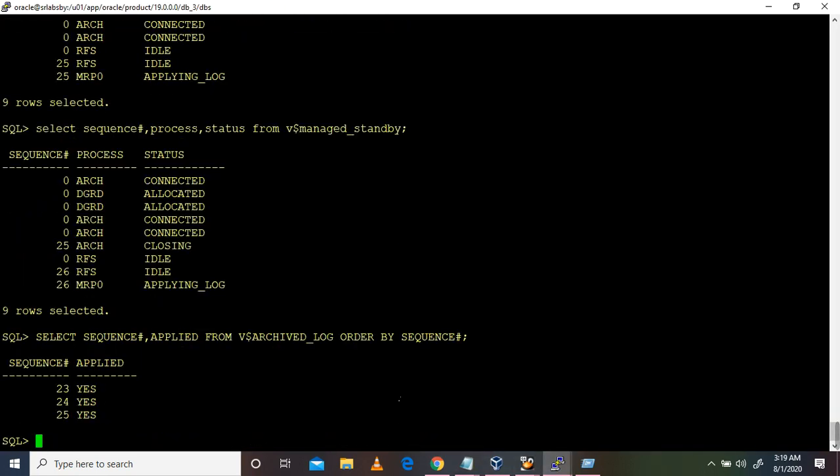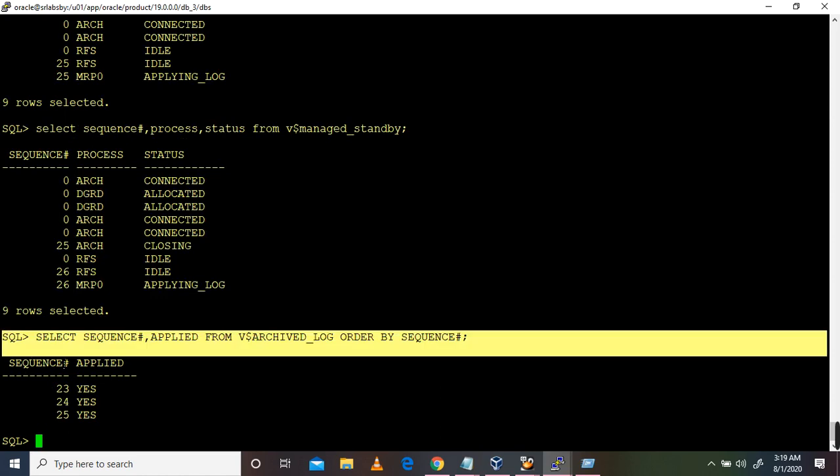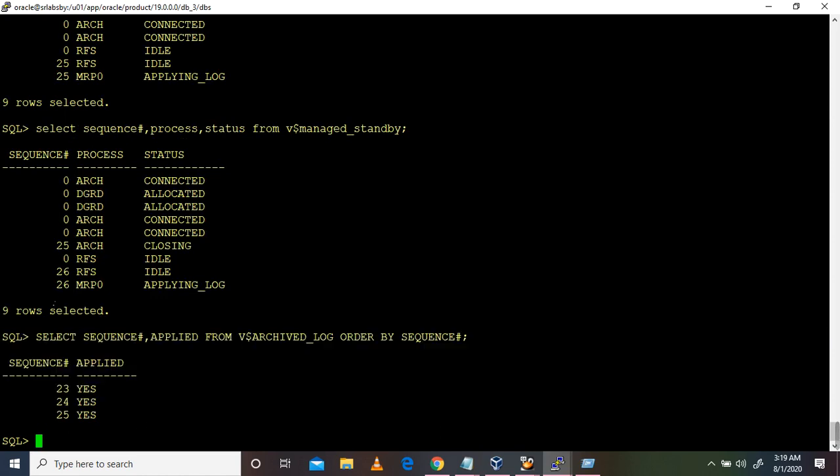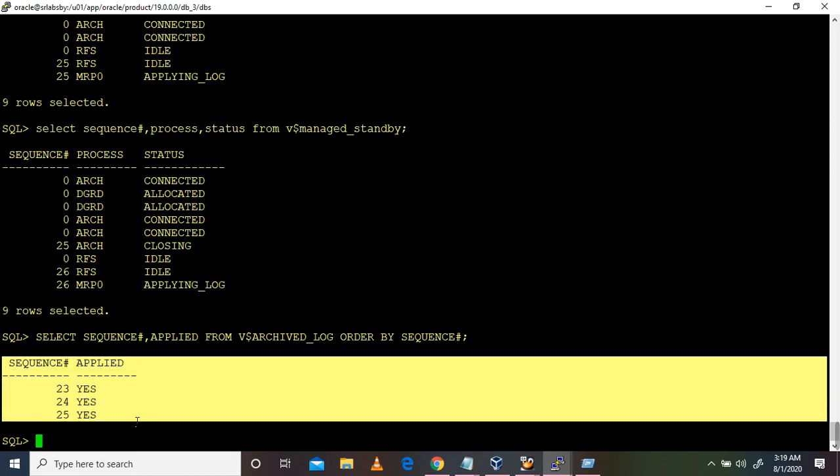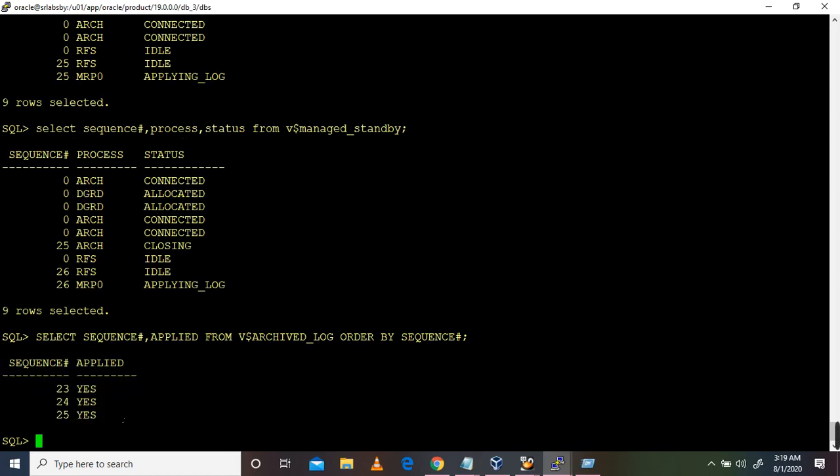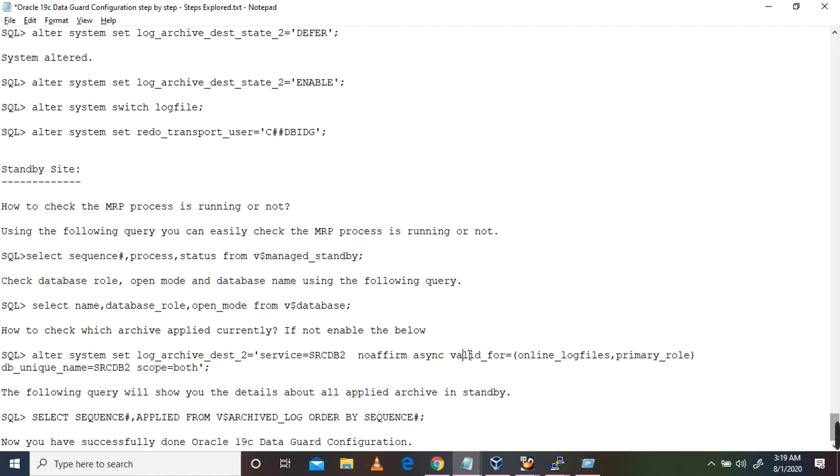So the latest 26 is applying, up to the 25th the sequence numbers have been applied on the standby side. Okay, so looks good, everything fine. With this we have done the Data Guard configuration for Oracle 19c database.